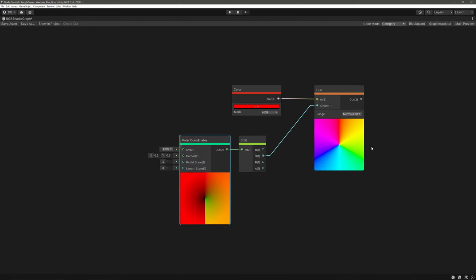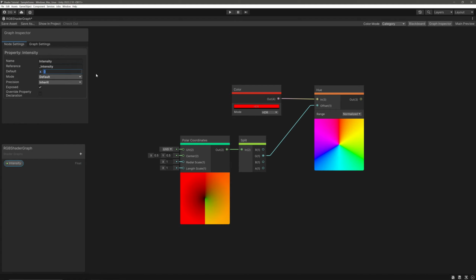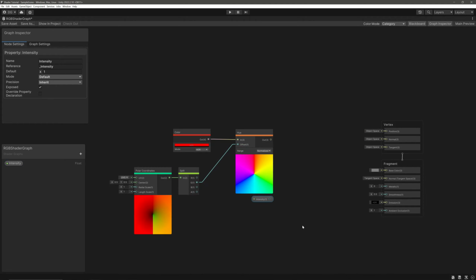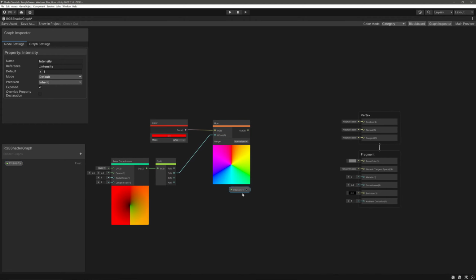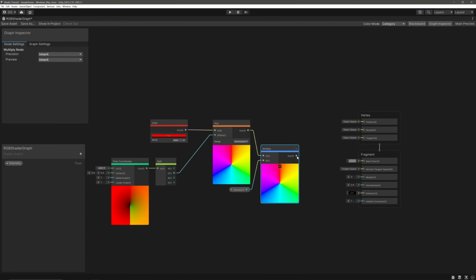We want to control the intensity, so let's create a float property. Call it Intensity. Give a default value of 1, drag it in, and we will multiply our spectrum with the intensity. Then take our Multiply node's output and feed it into the Emission block.